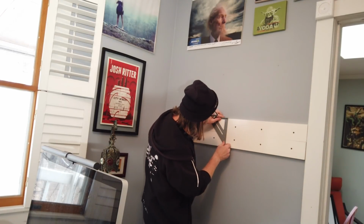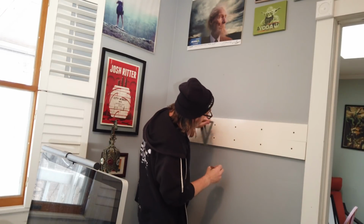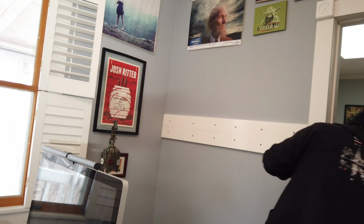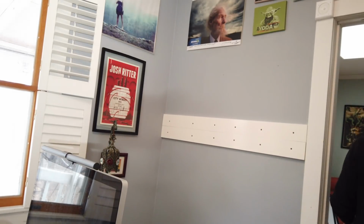Now you could do it a bunch of different ways. One simple way is to get your T-square and line it up like that. Take your pencil. I can just eyeball it as well, but that way I'm sure I got it exactly where I want it to go. And of course, with the T-square, because I know this is level, then I know my plate's going to be straight. For this, I'm going to use self-tapping screws,